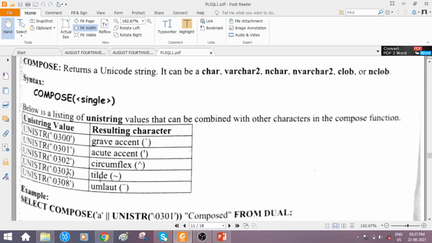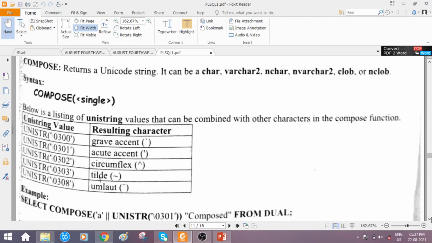Then for backslash 0303, tilde, this kind of symbol. 0308, then double quotes. Okay, so these are the different types of characters that are returned with the help of which values? Unistr values. So in the compose string function, we are supposed to provide unistr values.